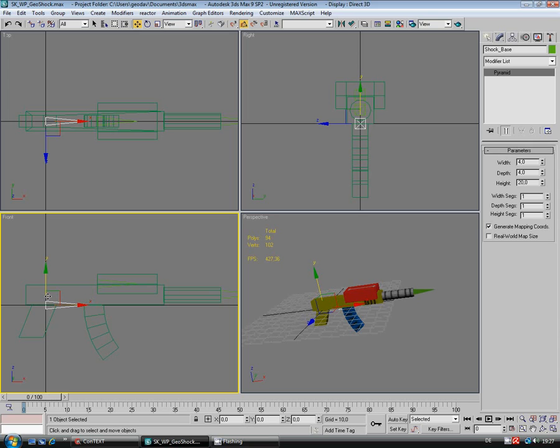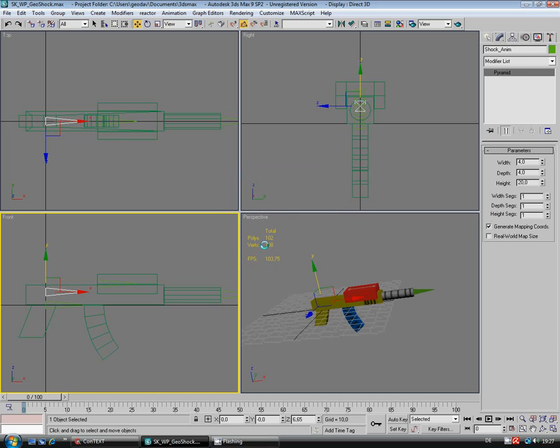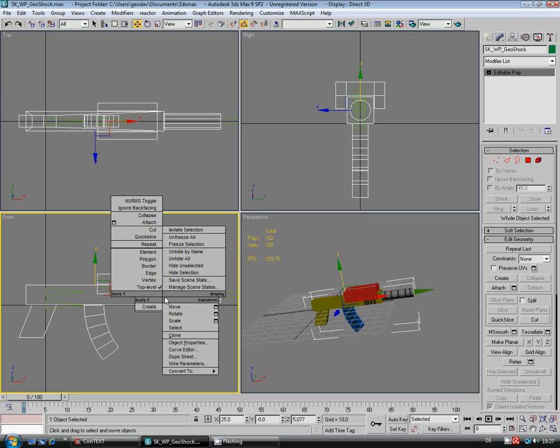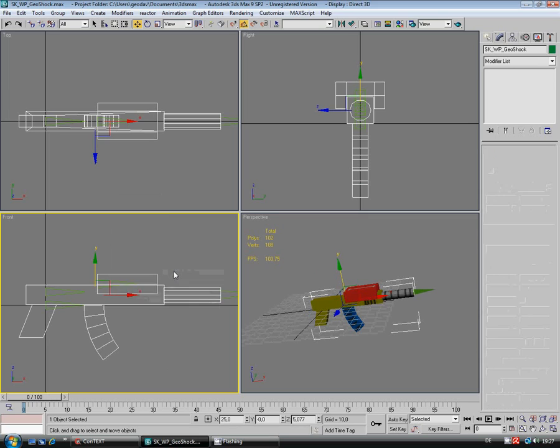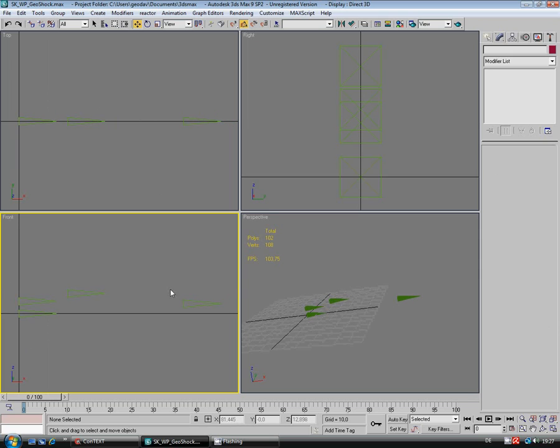Okay, so what we're just going to do is again hold shift, move that one up, and this time we're going to change the name and call it anim. Okay, because that's the bone that's going to let us animate things. Now, obviously, what do we do now? Okay, if you've never done things like this, I'm just going to select the weapon, right click, hide selected, so that as we go over here, maximize everything to get everything in line,